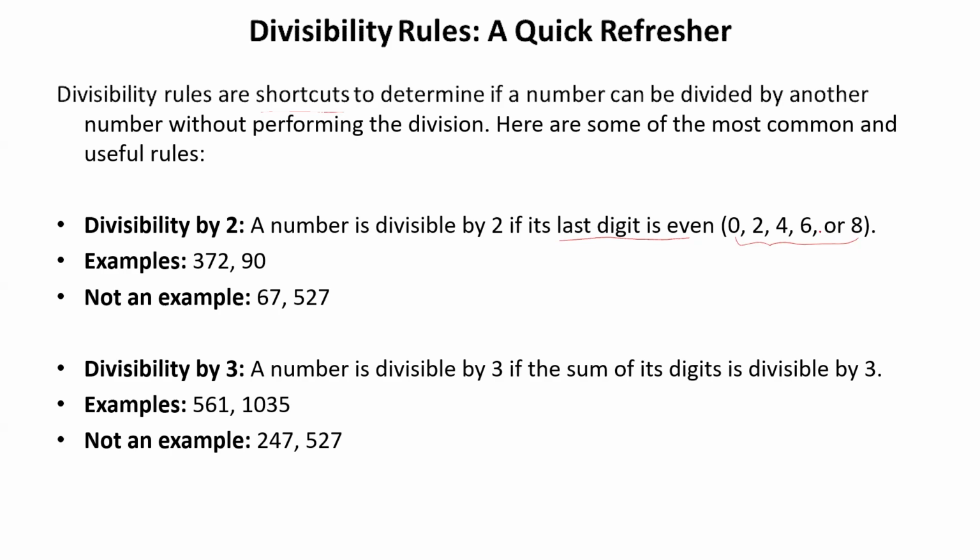Is that clear? Yes. Let's look at some examples. So some examples are 372. Here you just have to focus on the last digit. You can see that the last digit of this number is 2. That is even. So this number should be divisible by 2. According to the rule, it should be divisible by 2, but you have to cross check. Let's actually divide and check. So divided by 2. I'm assuming that you all are familiar with how to do basic division.